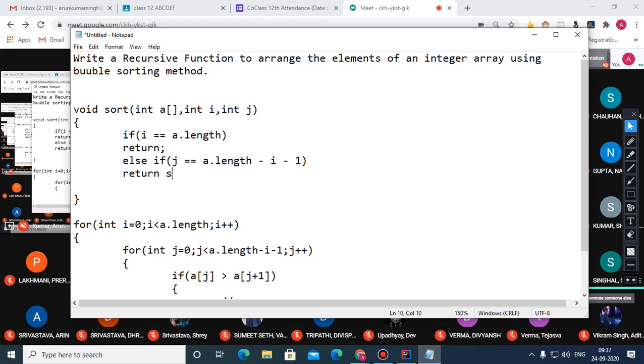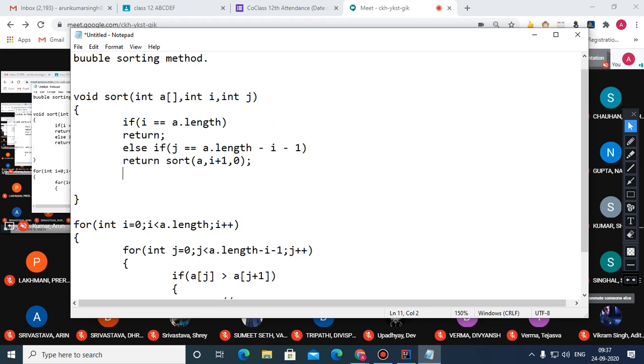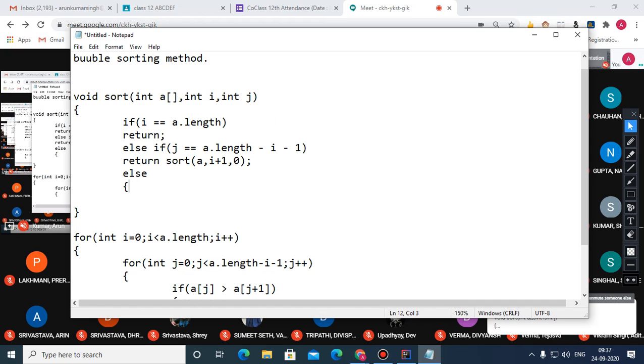So here, return sort a, i plus 1, comma 0. It simply means when j terminates, i will get incremented by 1 and again j will start. And now the time is to just compare the elements; that will come in the else part.